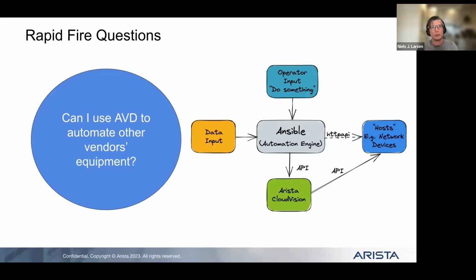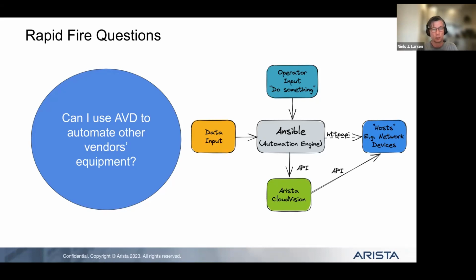Well, by default, I would say not really, no. It's built for automating Arista switches, but we can integrate AVD with other playbooks for other vendors. That is up to the customer to do, but certainly the automation engine can run whatever it needs to.